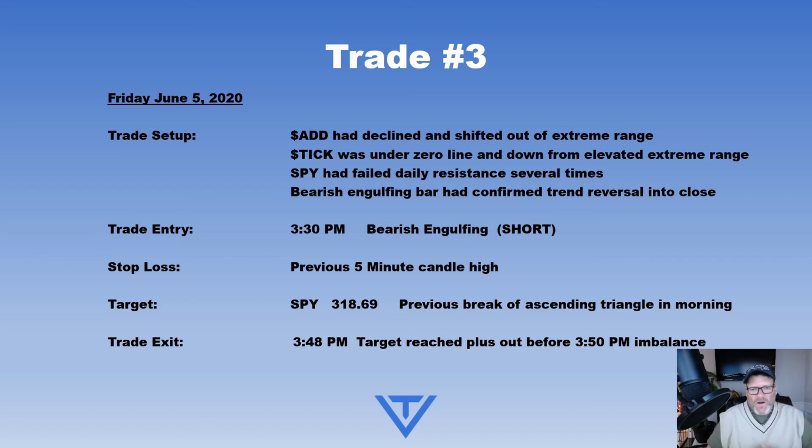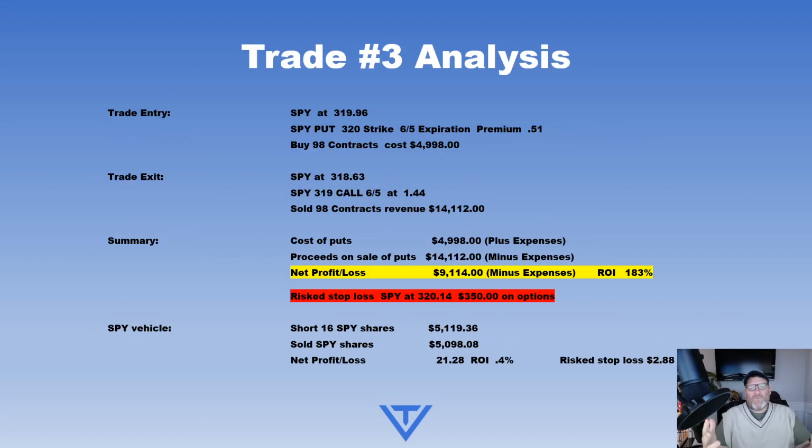And then our trade exit, we got out 3:48. Target was reached, plus you got something that's called trade imbalances that come out at 3:50 at the retail level. So you don't really want to be in a trade at that point. So we wanted to get out. We were going to be timed out of this trade no matter what before 3:50 because of that situation. So let's go look at the trade analysis now and see how this trade would have played for us